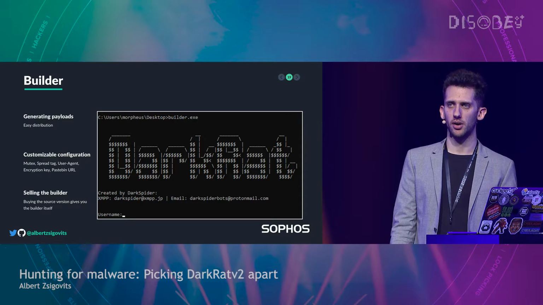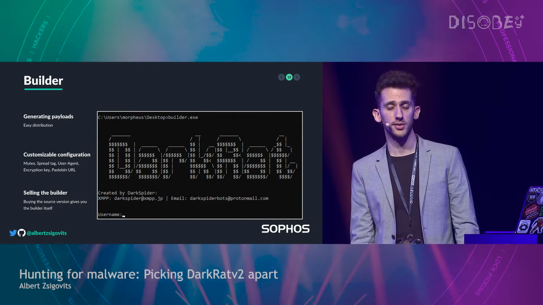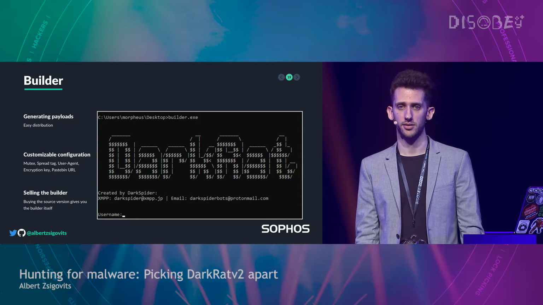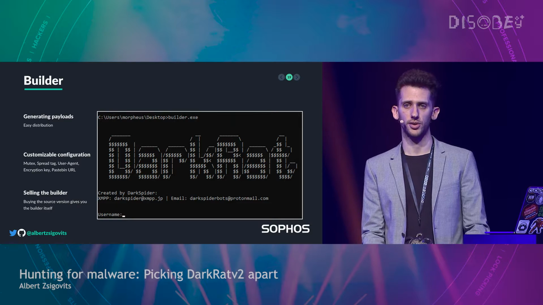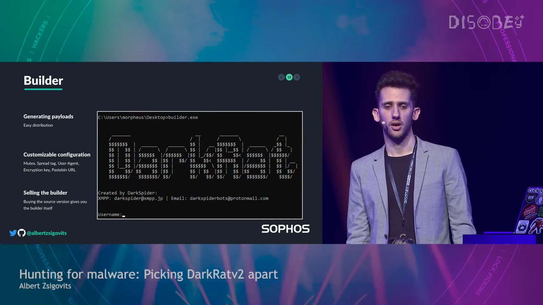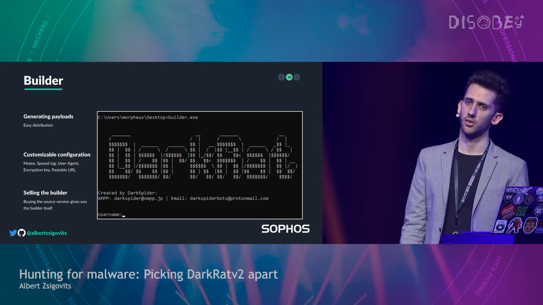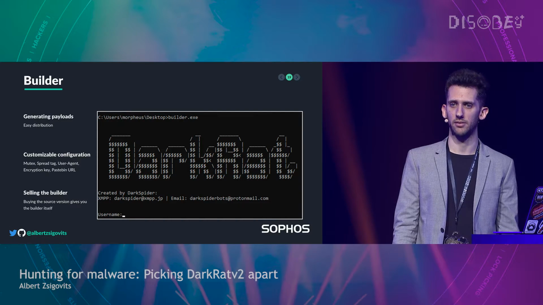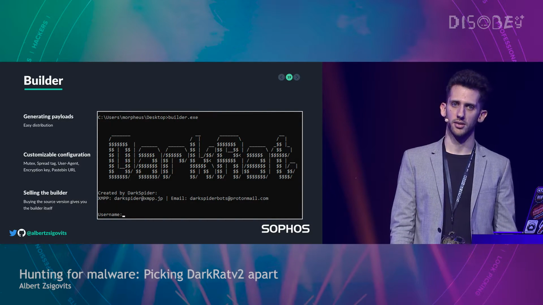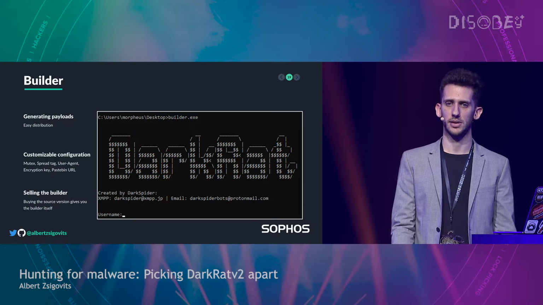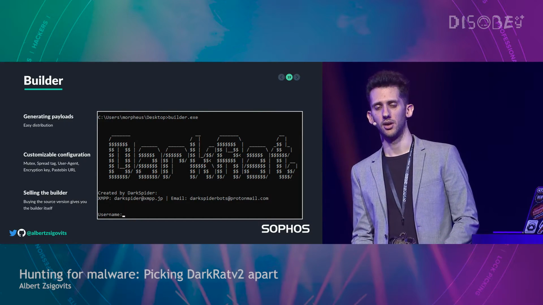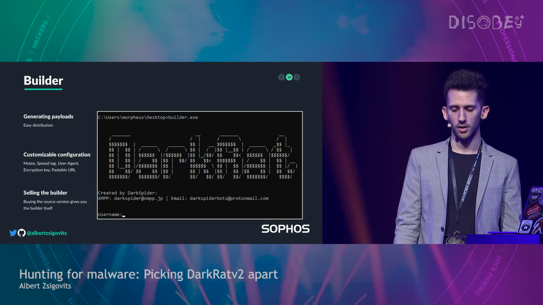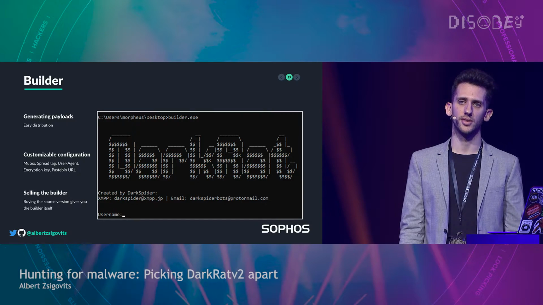Now, this developer would also sell his source version of the malware, which means basically he would grant access to the source code and also supply customers with the builder itself. Builders come into the picture when you're trying to deploy at mass. For example, you want to sell the malware to more and more customers, and you want to switch out, for example, the mutexes, the user agents, the spread tags, or the Pastebin URLs in this case. And it's fairly easy to use these builders.